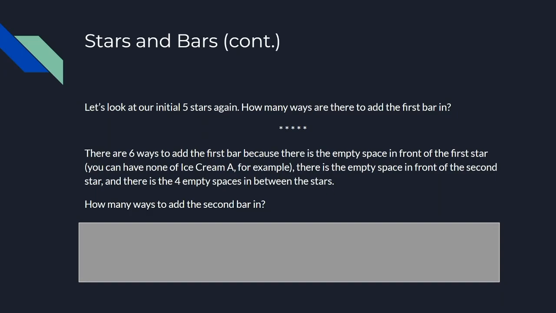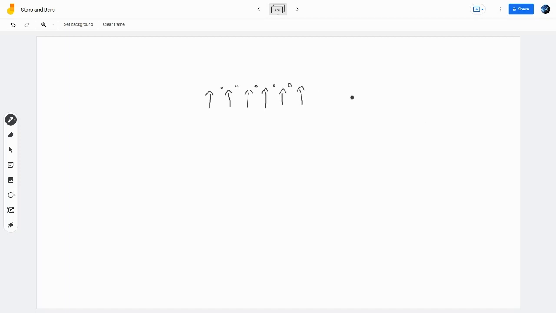To visualize this better, we can have our 5 stars, and we can put the bar before the first star, in between these 2, in between these 2, in between these 2, in between these 2, and at the end. So we have 6 places that we can put our bar. Let's just put our first bar here. It could be any of these 6 places. So now the question becomes,